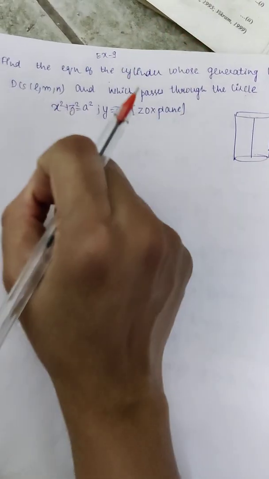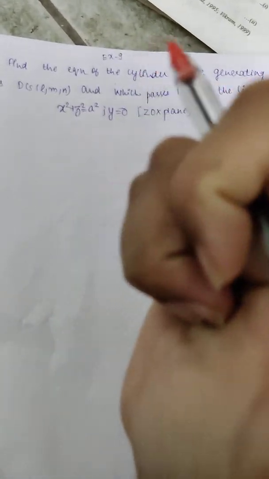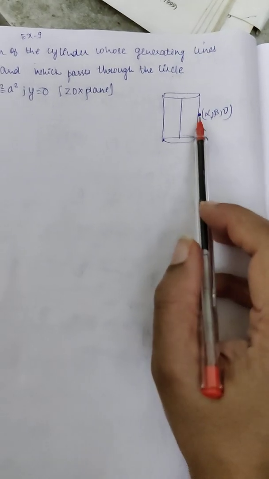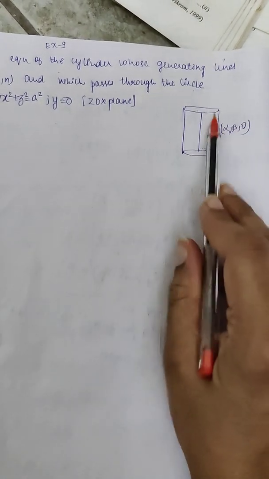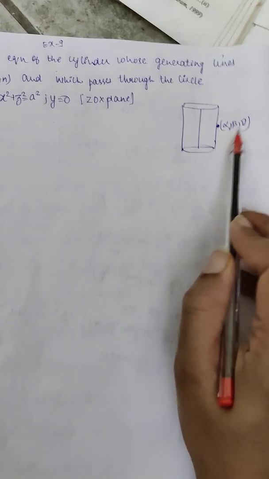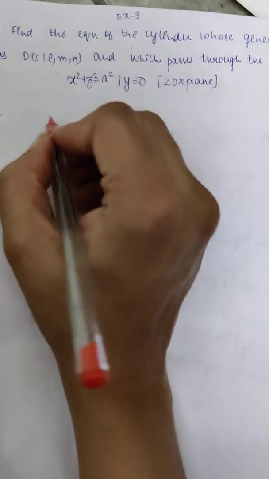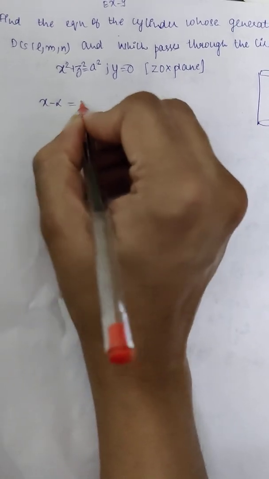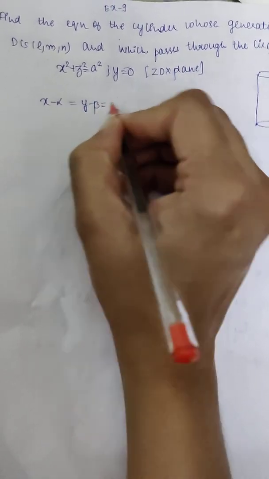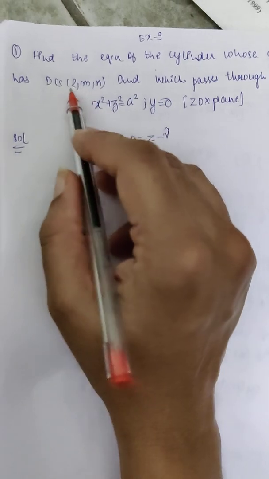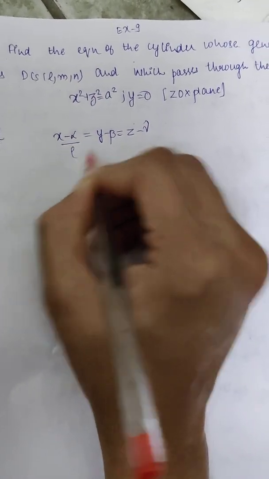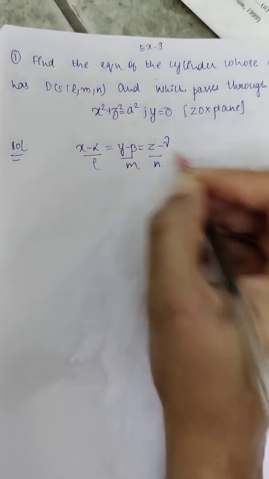So always remember, in step 1, you are always going to construct your generator. When I'm constructing my generator, I should have a numerator. So let me choose any point as alpha, beta, gamma on the generator. Because the generator is a straight line which passes through alpha, beta, gamma, I'm going to get my numerator for the straight line as x minus alpha, y minus beta, z minus gamma. Since he mentioned my DCs as l, m, n, I'm going to write them down as l, m, n, and this is not how I start the question.